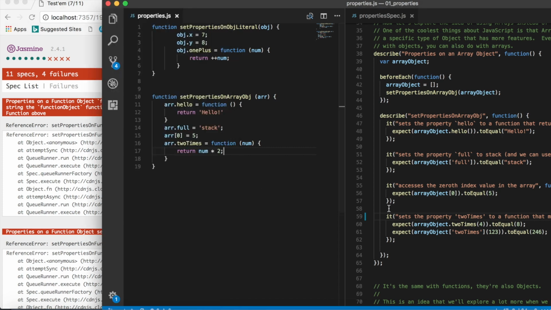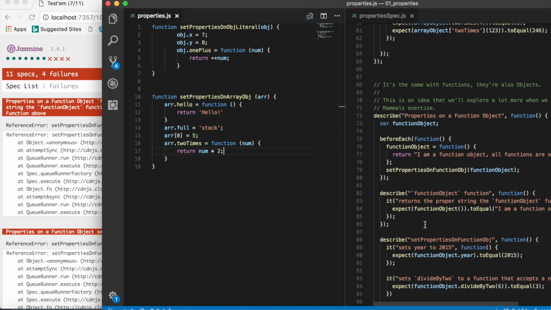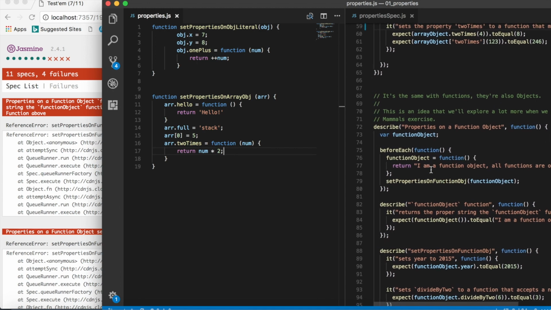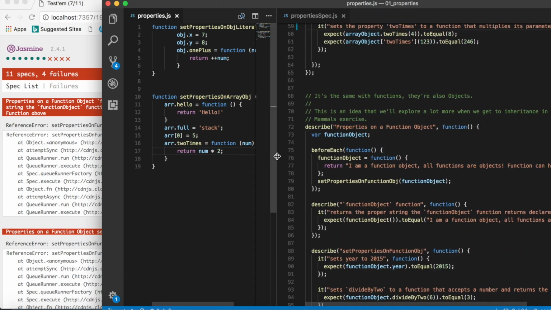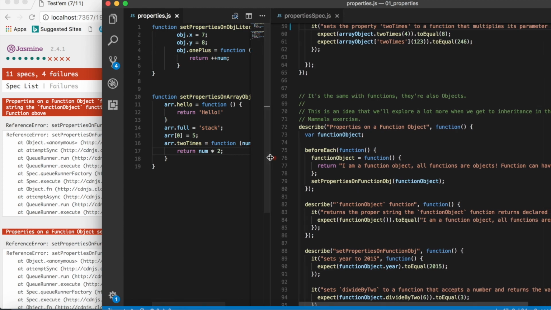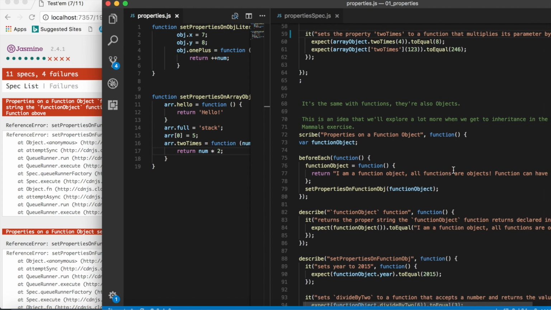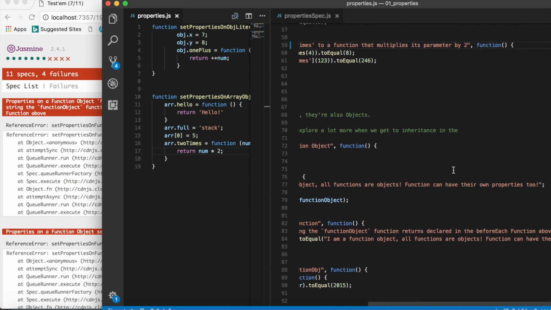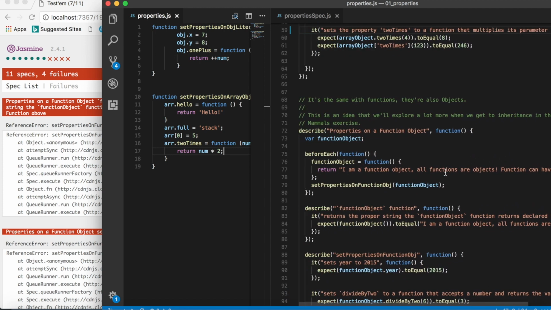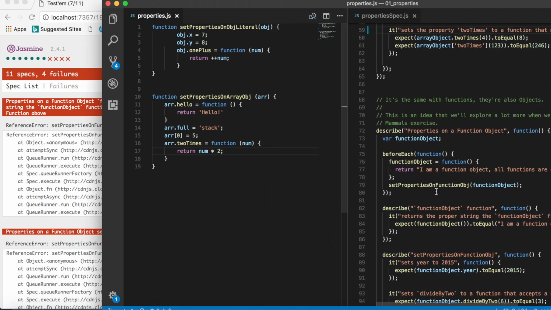Fantastic. Now, it's the same with functions, also with objects. So we're going to have to create set properties on a function object. So let's see. Before each, they're going to create a function object, set it to a function that returns I am a function object. All functions are objects. Functions can have their own properties too. That's true. So let's go ahead and create